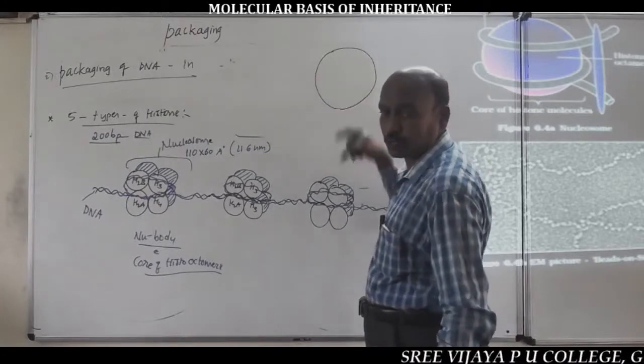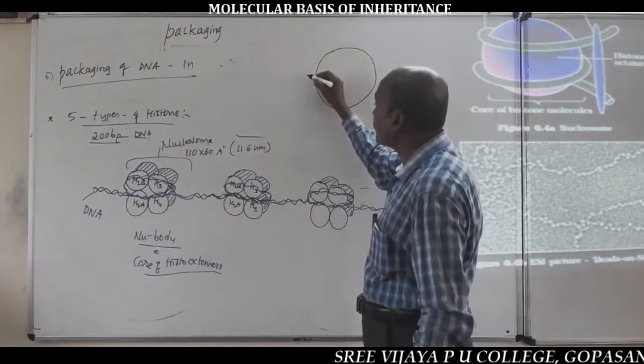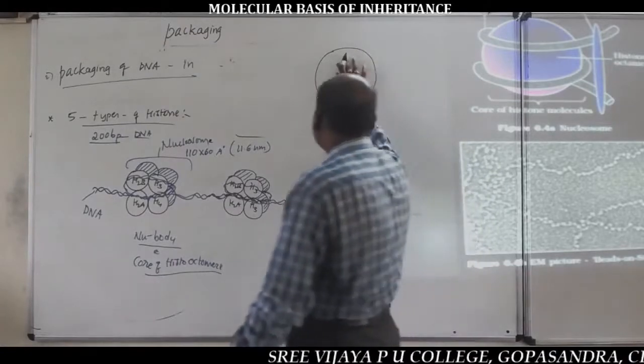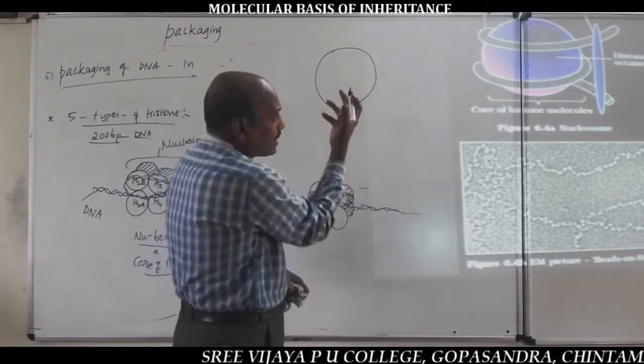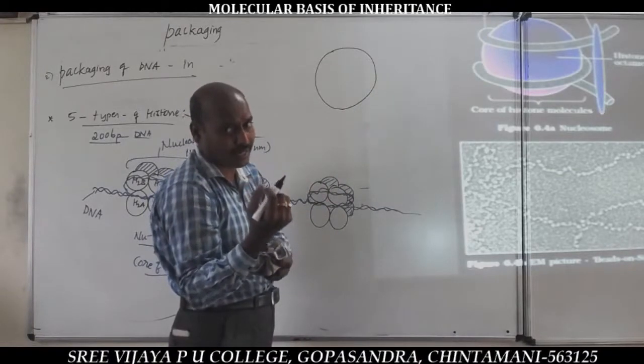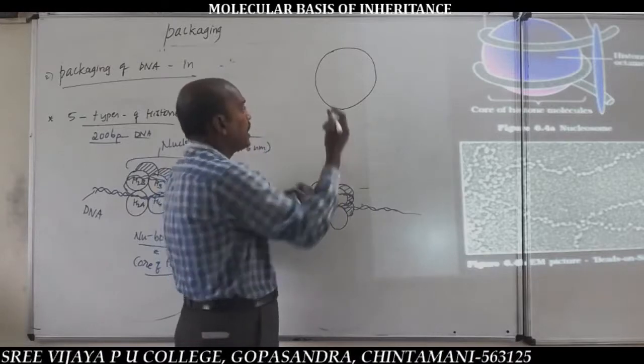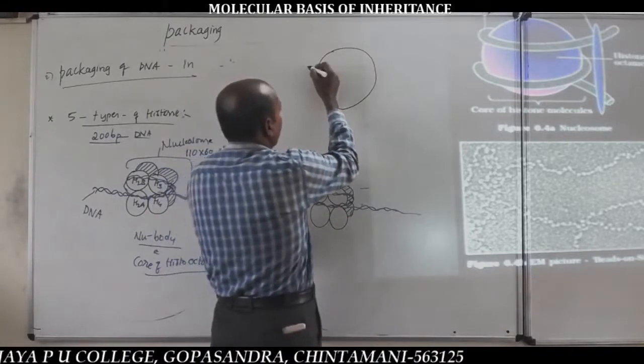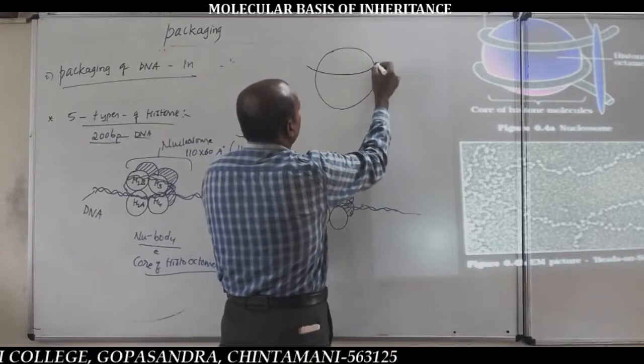This is called histone octamer. In this octamer, the positively charged ends are directed outside for easy attraction of negatively charged DNA. For this, the negatively charged DNA containing 200 base pairs